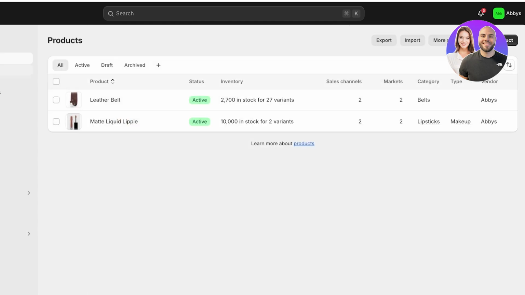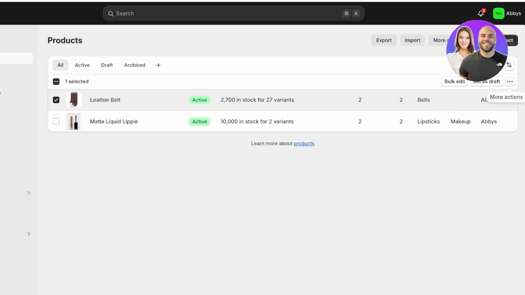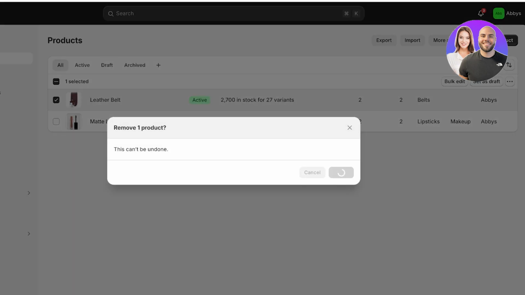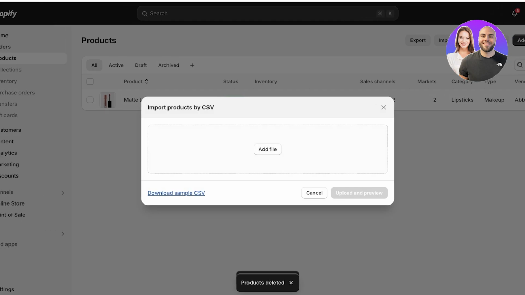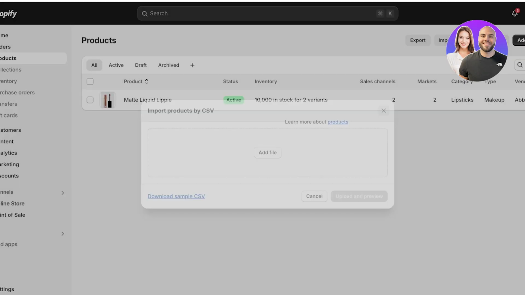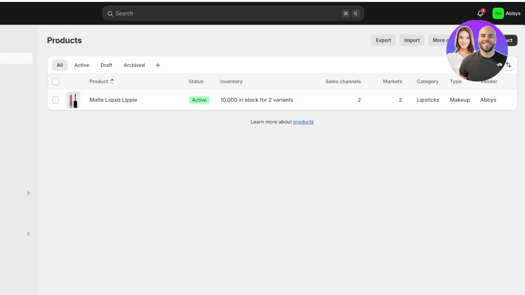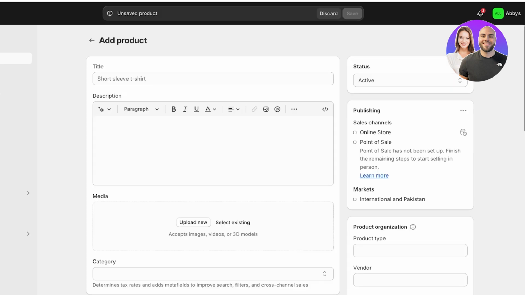So I'm going to go into product and I'm going to delete this one, and we're going to bulk add some products. So we can click on import and we can download a sample CSV. And once you download your sample CSV, you can include all of your data for your products. But if you want to add them manually, you can click on add product over here, and then you're going